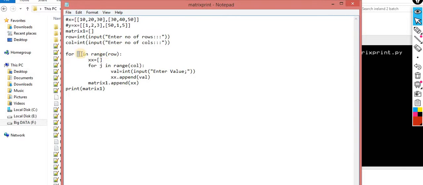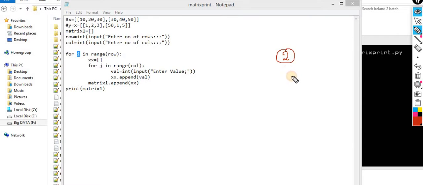It depends upon this i value, because I specify how many rows I want. Let's suppose if I want 2 rows, it means I will run for the 0 and I have to run for the 1. And how many columns am I specifying? I specify a 2 by 3 matrix. This one is the row, this one is the column. So this loop will be executed 3 times, and this will be asking the value 3 times. And I am appending into this list. In the first iteration, when the i value is 0, this list becomes like this: 1, 2, 3.